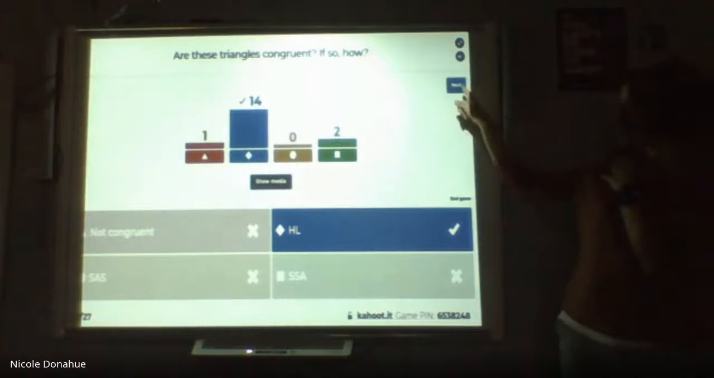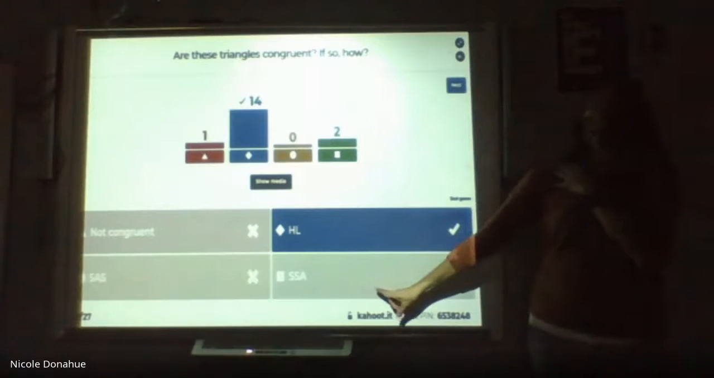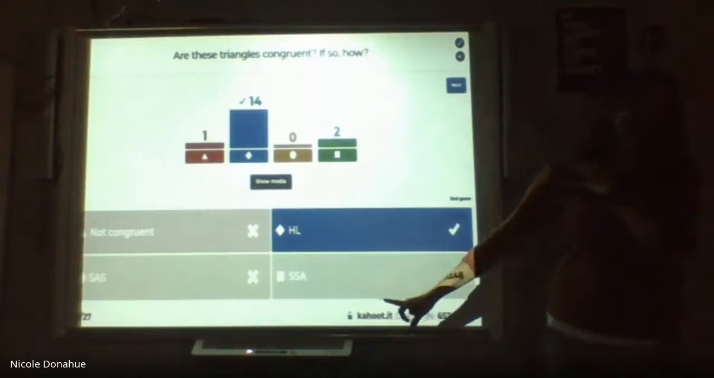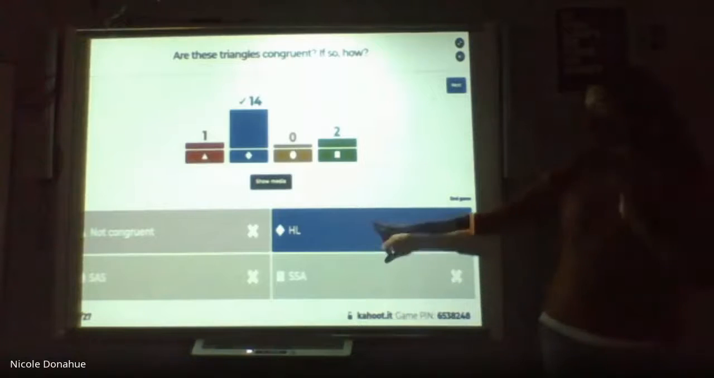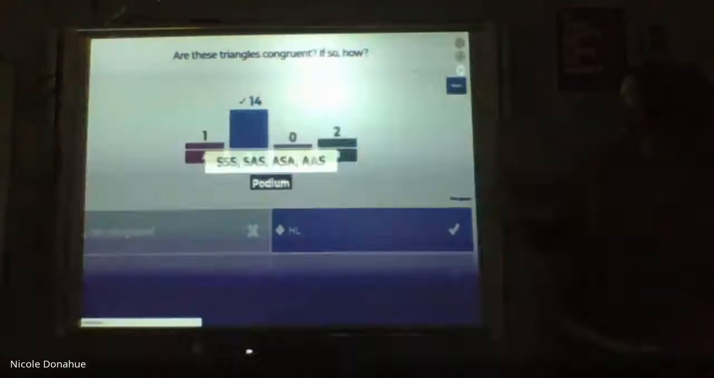So remember, side angle is the same thing as ASS, but we can't write that one. So anytime it's a right triangle, hypotenuse leg,